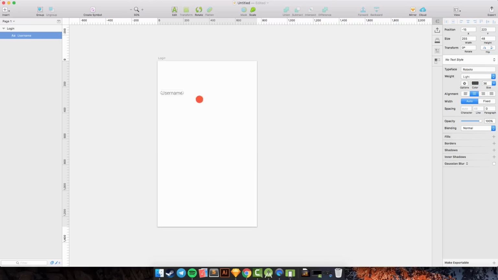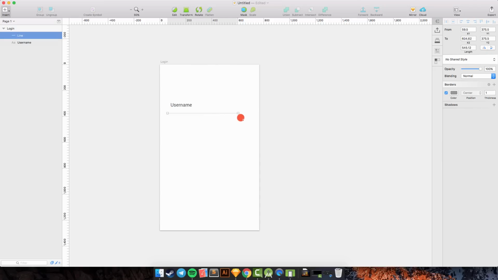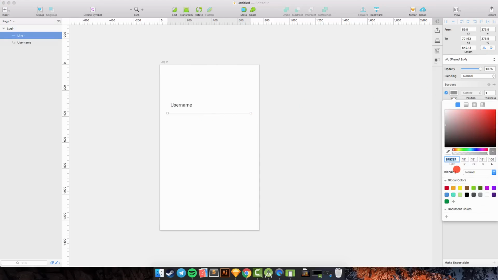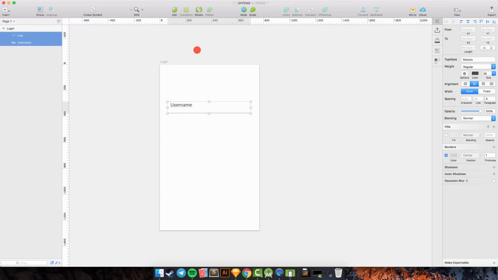Okay, and the weight should be regular like this, and then we go to insert, shape, and line, and change the color to D4D4D4, and I want to make it to the left like this.